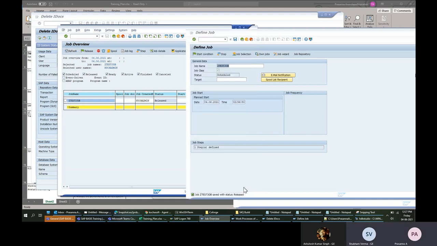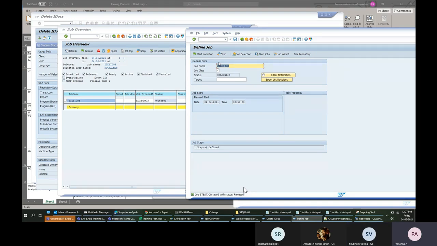Okay, coming again to this job, let's see what all we can choose. Here we saw a simple thing: I chose a program. One option is we can choose a periodic job. There are other options as well.